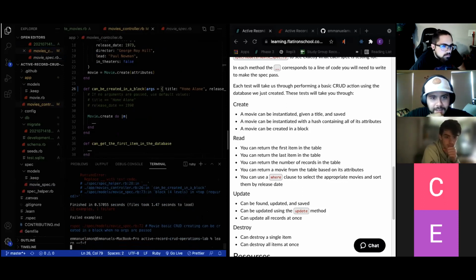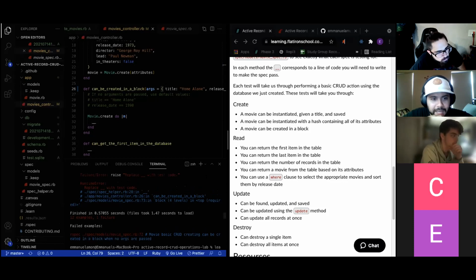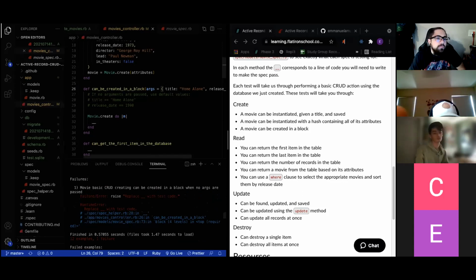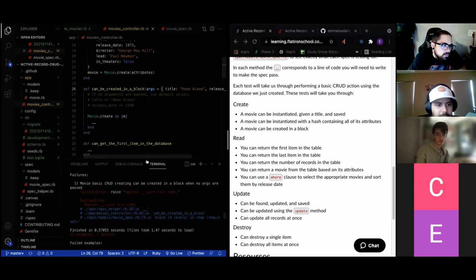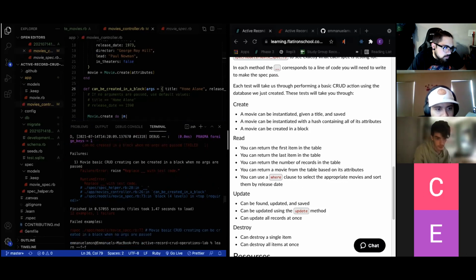All right, so that part is fine. You already gave it a default value, and the next thing, man, why can't I see those red letters? They look so faded. Creating can be created in the block. These look different too. All right, so now we have to